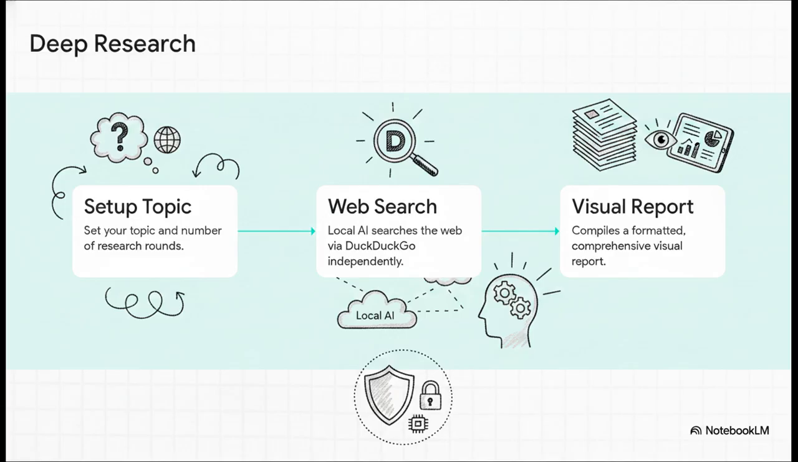Next, the local AI, using a model like Gemma, independently goes out and searches the web using DuckDuckGo. Finally, it digests all that data and compiles a comprehensive visual report. In the source's test, this whole process took about 7 minutes of processing. And the best part? It never sent the core prompt or any personal data up to an AI cloud to